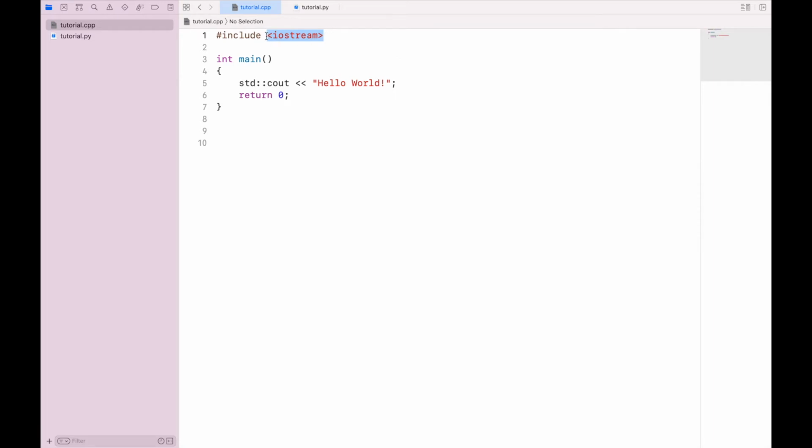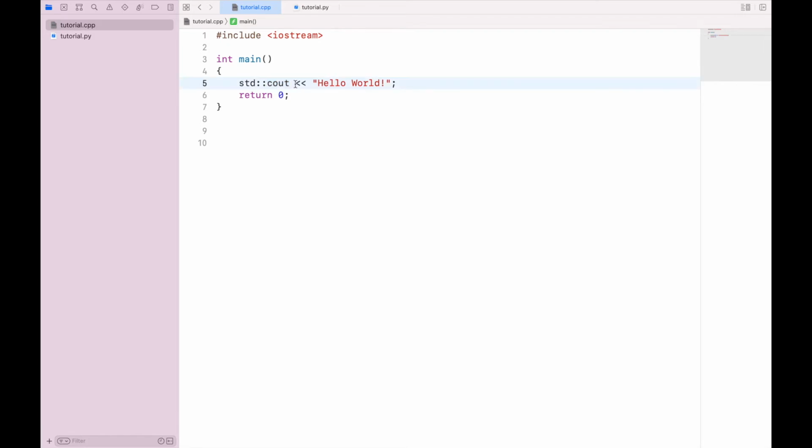In this case, we are including the IOStream library, or input-output stream. Since I have included this library in my program, I can now access its features in the execution of the program. So I can reference this std::cout, which is to say that the IOStream that I have included is from the standard library. And within the standard library, I want to access the cout function, which is what I'm using to output things